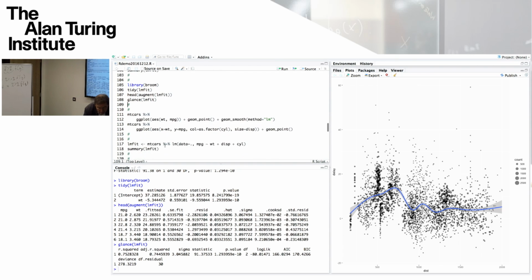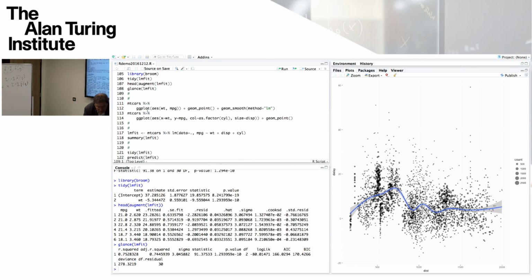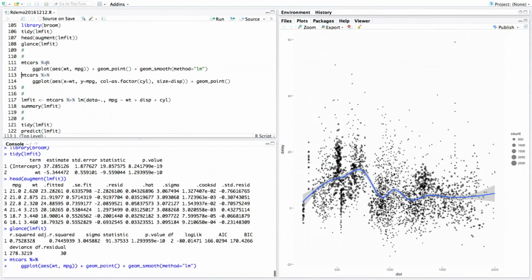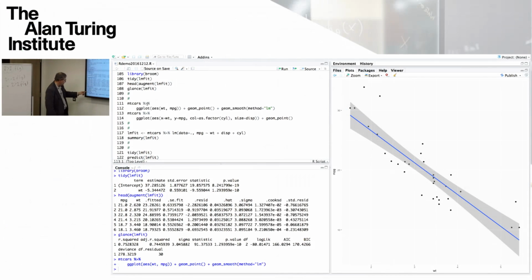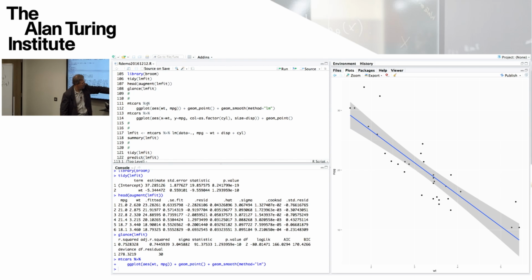So if I give just a brief use of that here, if we take our mtcars and then draw a plot of miles per gallon on the y-axis and weight on the x-axis, do a point for each data point, and do a linear model smoother with standard errors shown, we get this type of information here. So it looks like the miles per gallon of these vehicles declines rather significantly with the weight of the vehicle, not surprisingly. Okay.